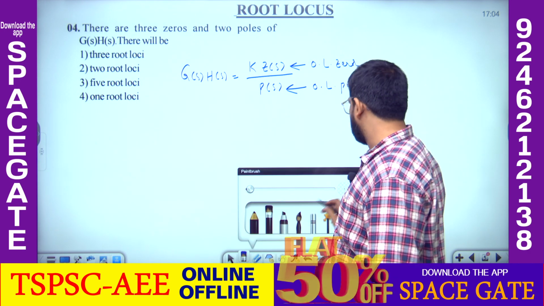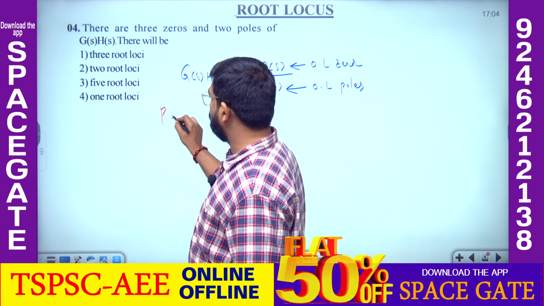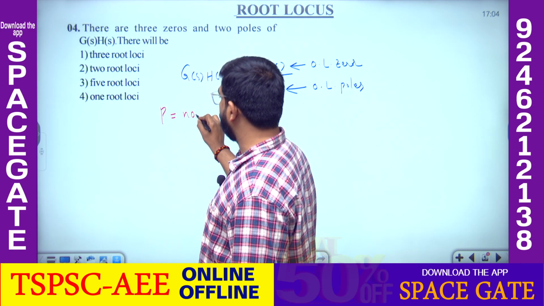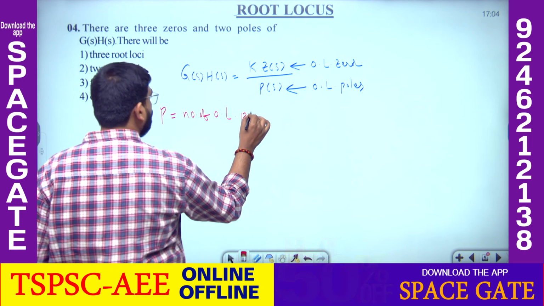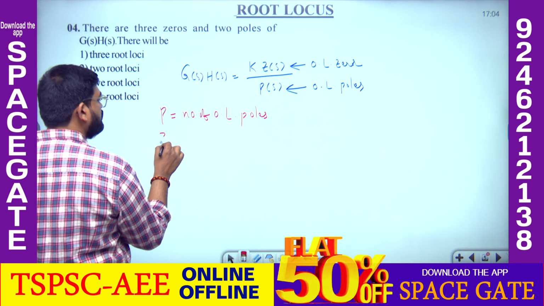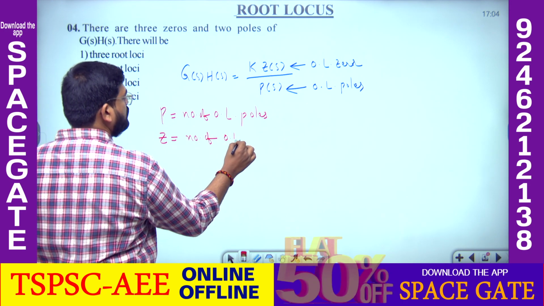Here I am considering P is equal to the number of open loop poles and Z is equal to the number of open loop zeros,